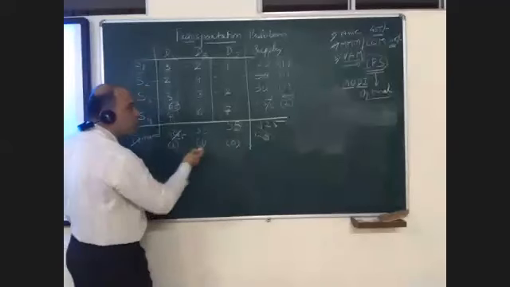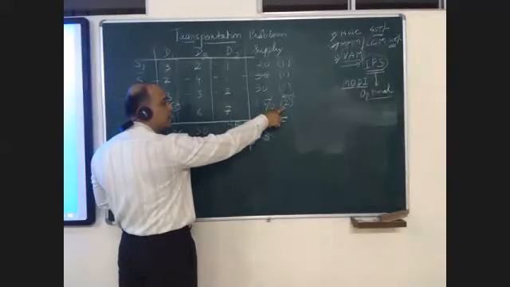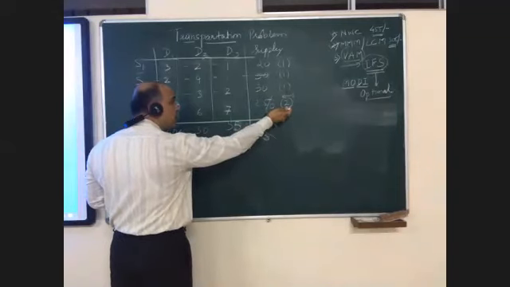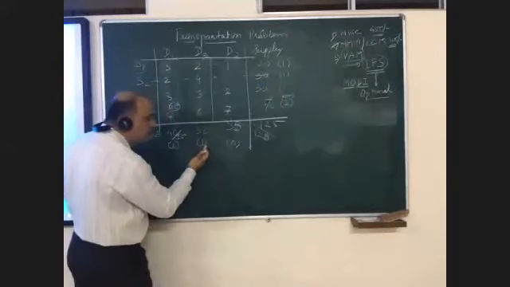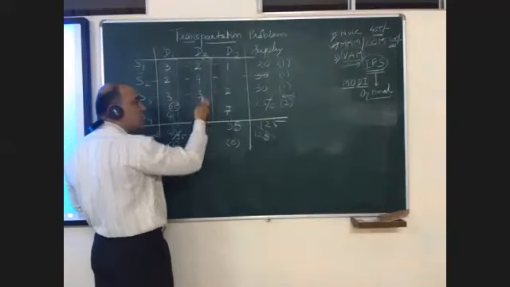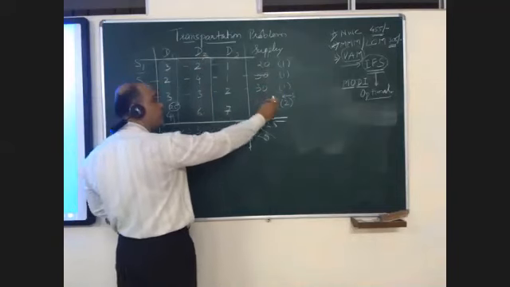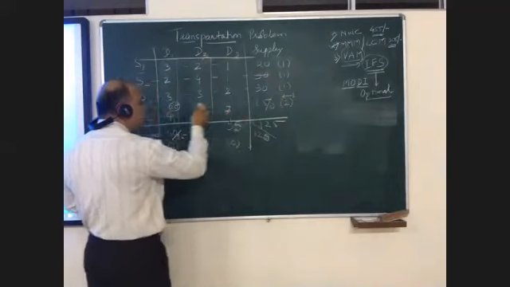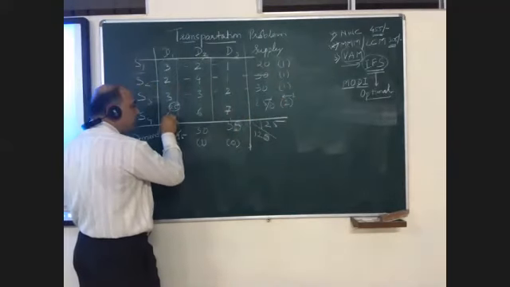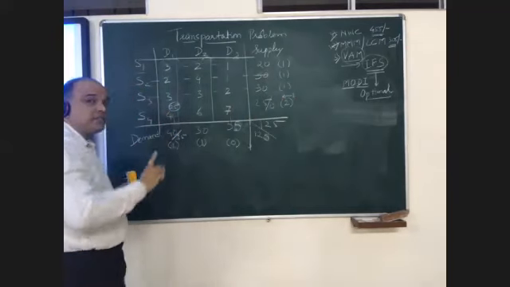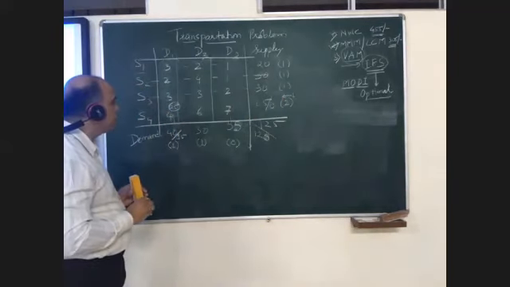Now, among these differences, always go for the maximum difference, and the maximum difference is 2. Wherever you get the maximum difference, you start from there and check that row or column only. Now we got the maximum difference here. That's why we have chosen this row, and we will allocate at the minimum cost. The logic remains the same.